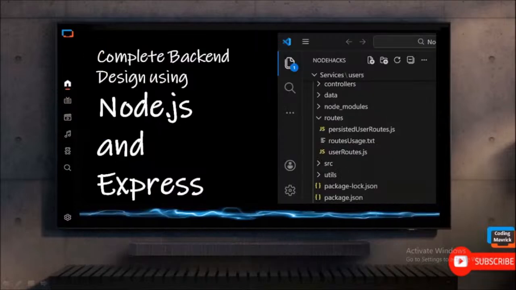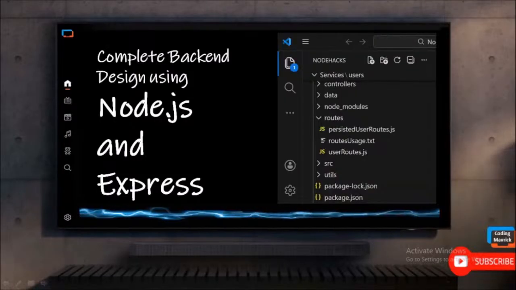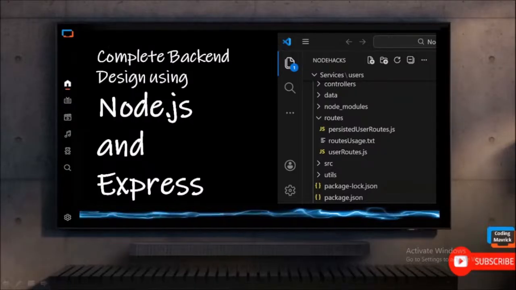This would be a complete backend tutorial, and we will build a full CRUD microservice using Node.js and Express, starting from the basics and going all the way to a practical file-based database system in coming episodes. We begin by understanding how APIs and microservices work, without any data persistence in the first step,